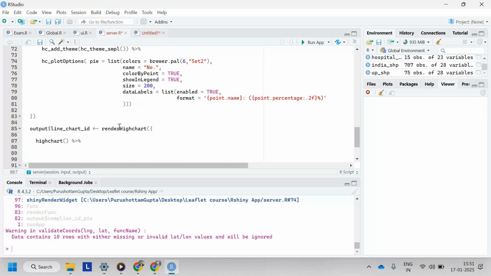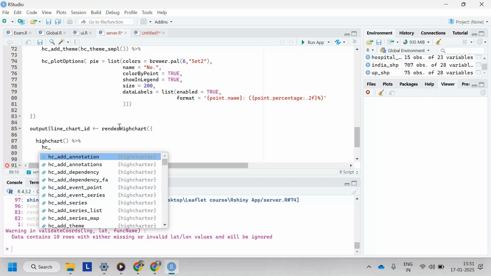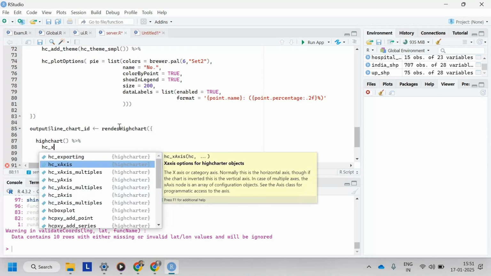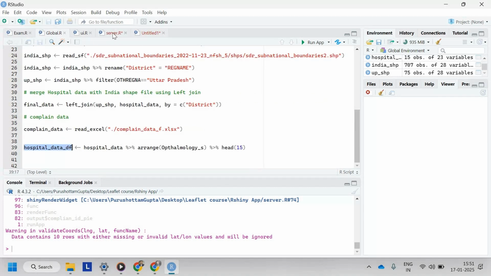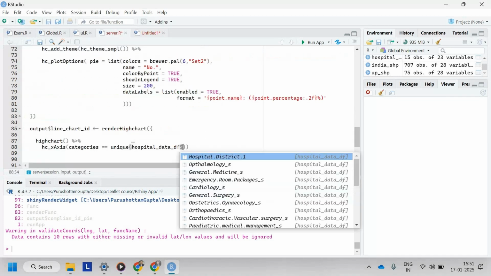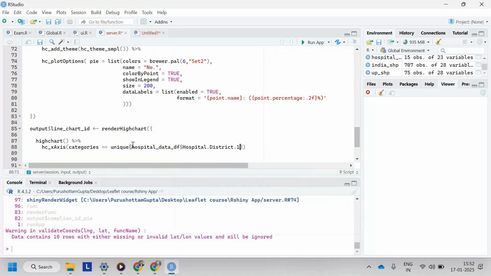Within the Highchart, I'm going to provide the Highchart x-axis. And within that I can provide categories, and categories I can give unique, because I want unique data. So the data name is this. So I'm copying here, and in the x-axis I want all the districts name. So here it should be 1, and in the title,